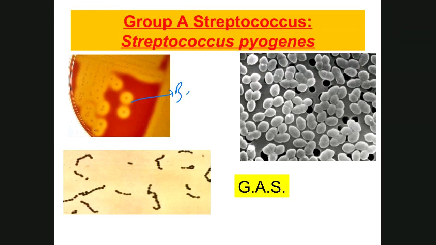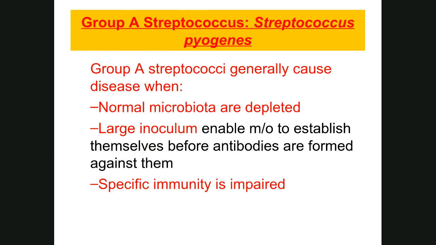It arranges it into chains, has a bit of an oval shape. The organism is very virulent, but outside the body is actually quite weak. It cannot really cause an infection or compete with other organisms very easily. Part of it is because it doesn't compete well. It's aerotolerant, and it is a fermenter, so it's going to grow slowly. So it typically causes infection when the normal microbiota are depleted,